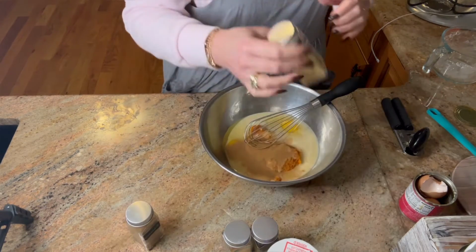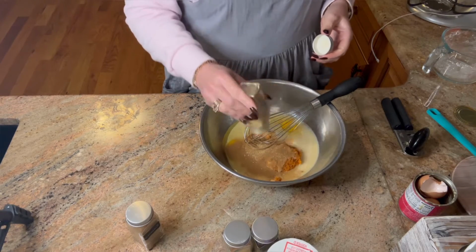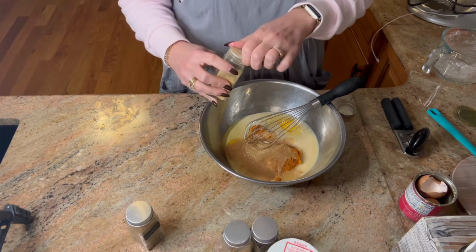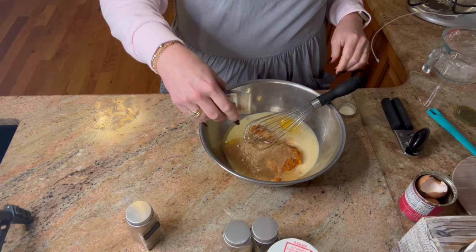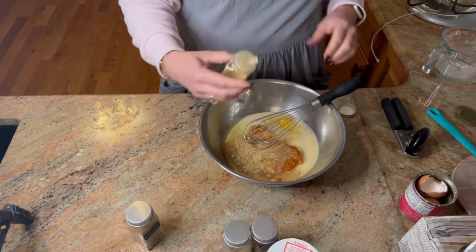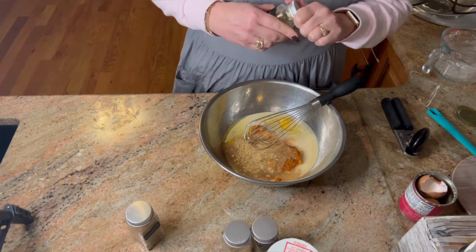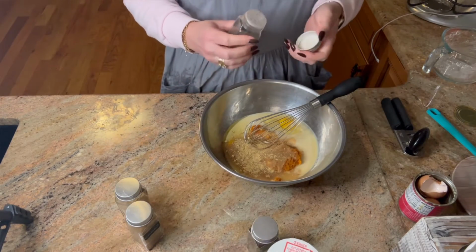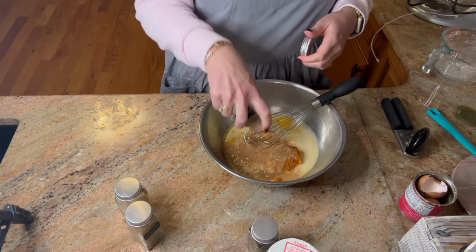And then a 1/2 teaspoon of ground ginger. We like that extra spice. Now this one's not coming out as easy, so I'm just going to lift this side. Just give it a little, you know, you don't want to pour it, get a ton in there. So that looks good to me. And we have some nutmeg, also a 1/2 teaspoon. Okay, and then